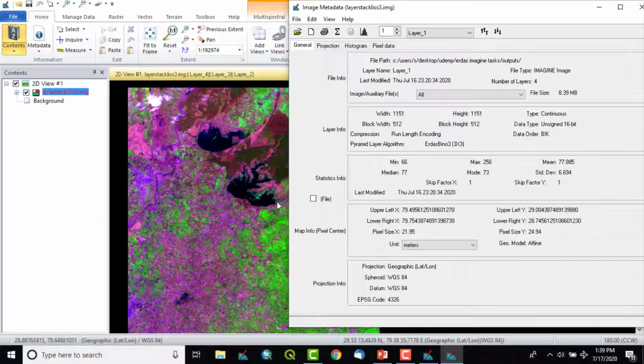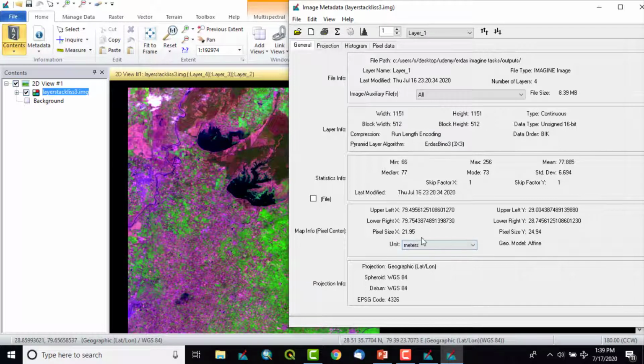Since this is a LISS-3 image, it has a standard 23.5 meter spatial resolution, but it goes around that. So x, longitude, the vertical or height of the pixel of these LISS-3 images is 21.95, and y, horizontally, is 24.94 meters wide.